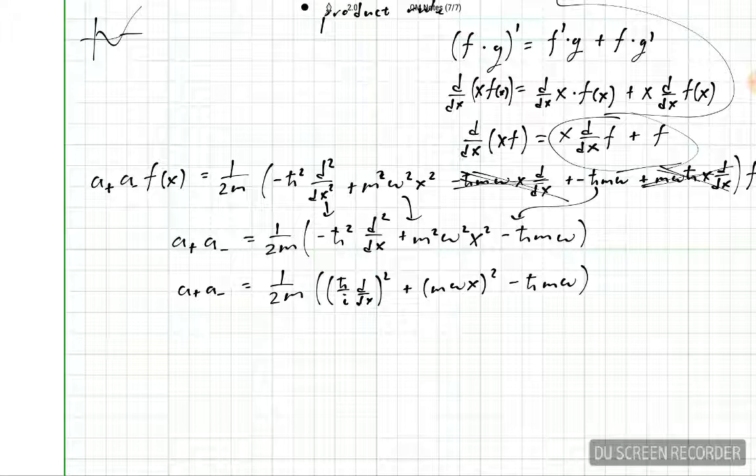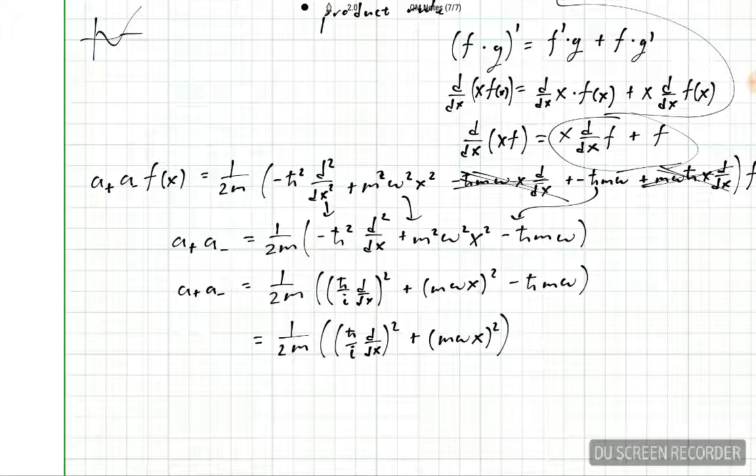Now I could multiply through my 1 over 2m, but I don't really want to for the first two, because that's how we defined our operator to begin with, right? So I'm going to keep it the same for these first two, but then if I multiply it through,